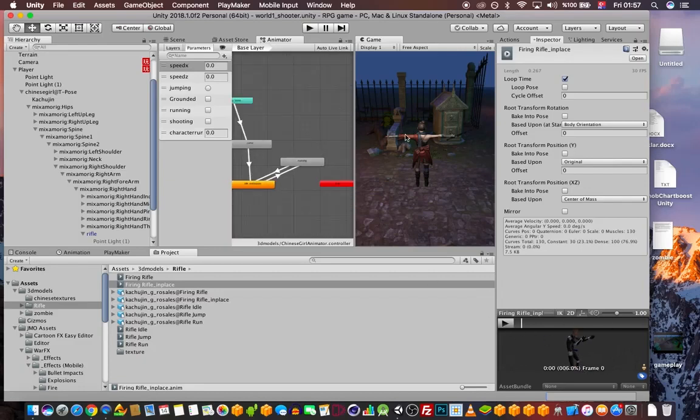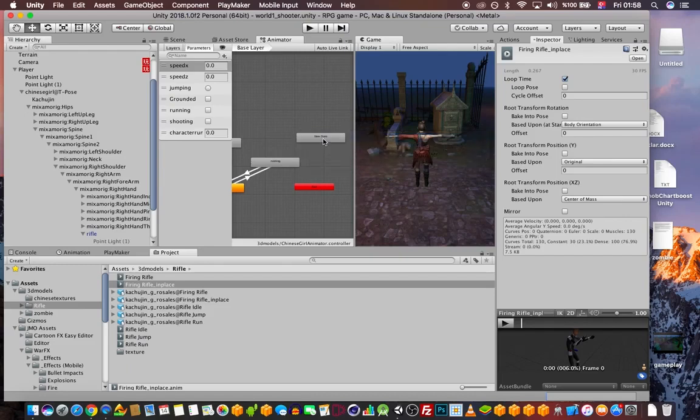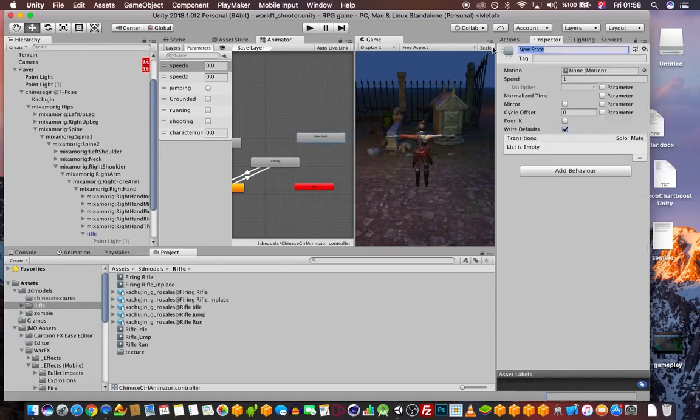So what I will do is, while she's running, she can shoot, and if we stop running, she will continue to shoot again, and if we stop shooting, she will go back to idle. Okay, so let's add the shooting first while she's running. So I'm going to add this, shoot and run, and I will drag and drop this firing